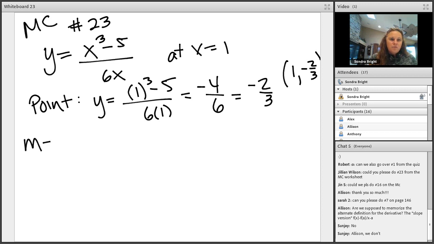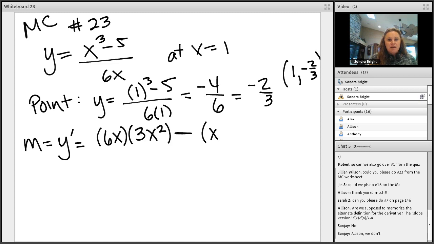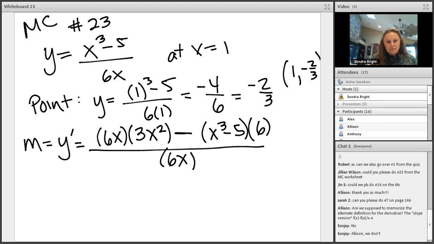And then your slope is the derivative of y. And so I'll do quotient rule again. It's the bottom times the derivative of the top minus the top times the derivative of the bottom, all over the bottom squared. Don't forget the bottom squared. Lots of you will forget that. And then I'm going to go ahead and just plug in a 1 right now to figure out what's the slope, instead of simplifying all of this,